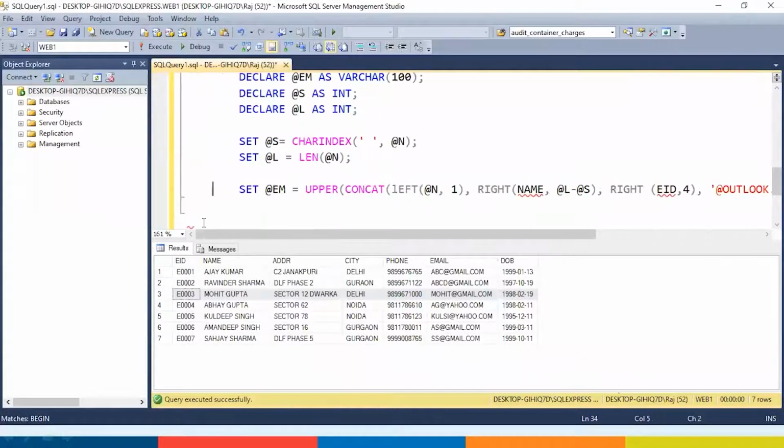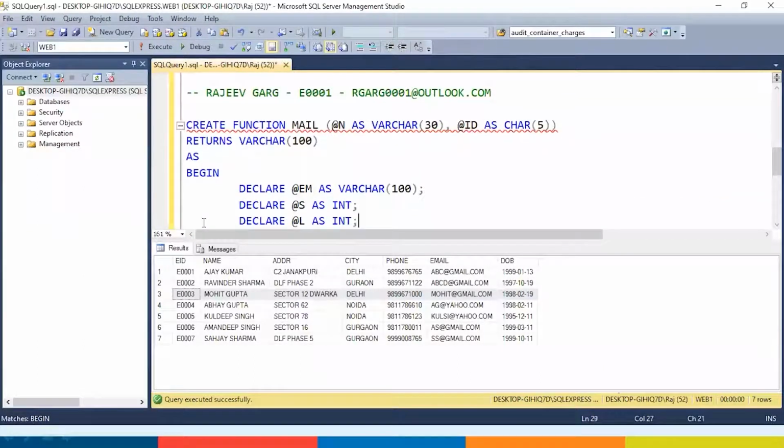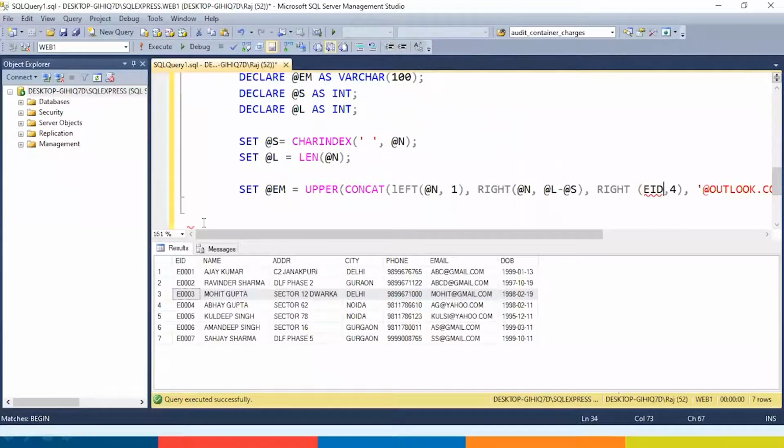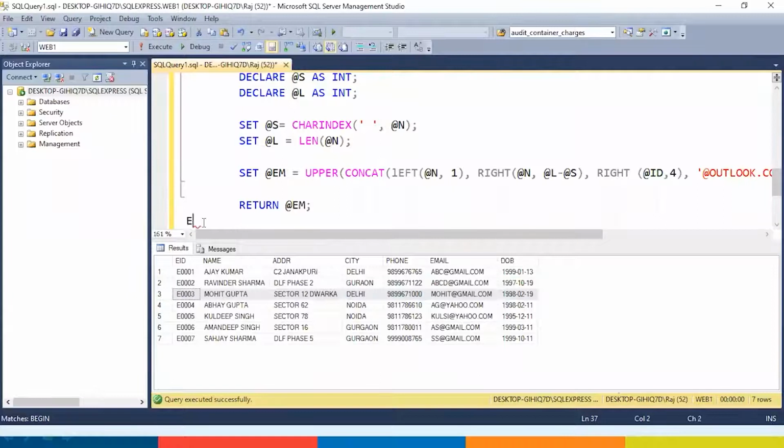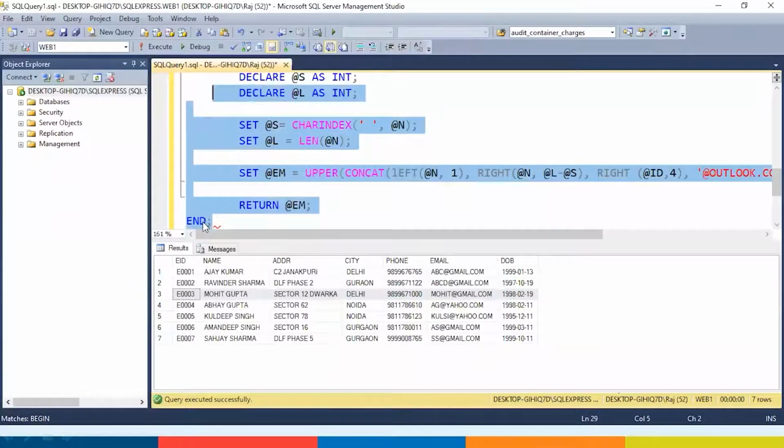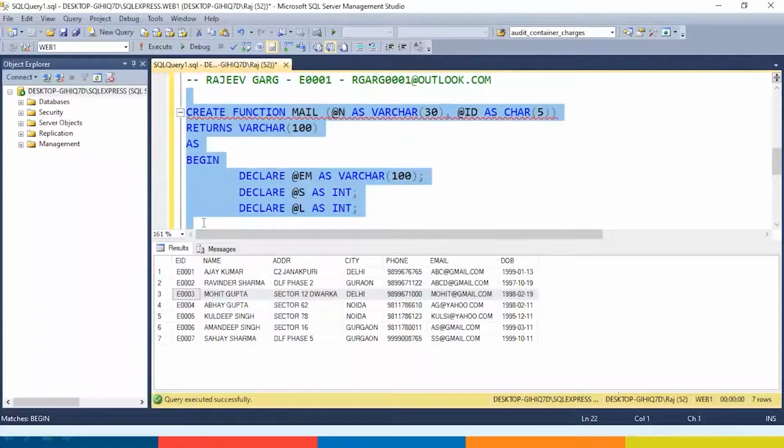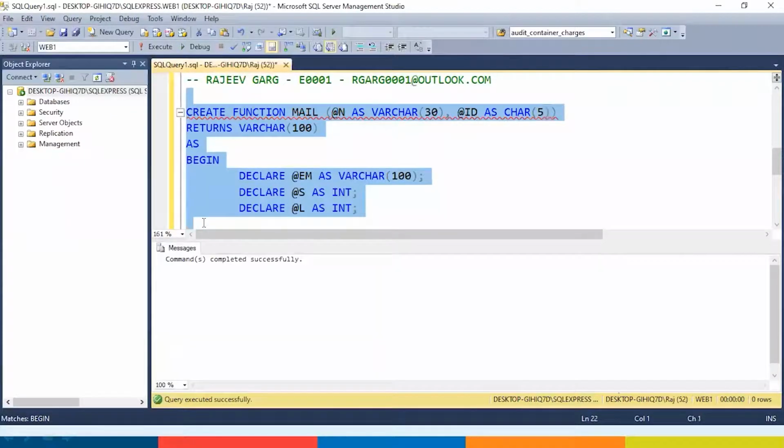My bad, it's not name, it's @n, and what was the variable I have taken? ID. Return @em. Command completed successfully.